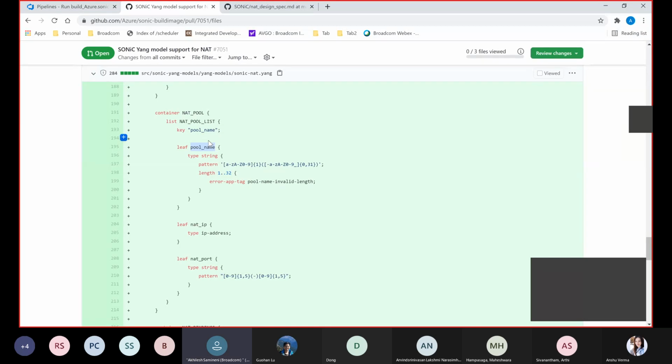Sometimes when we use NAT pool as a static NAT entry, we update only the IP address. So when we update only the IP address, the table contains only NAT IP. So it will be used for dynamic NAT purposes without any port. Is it clear?